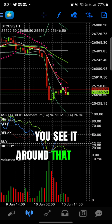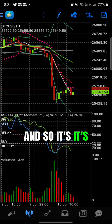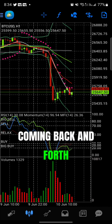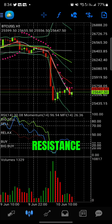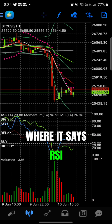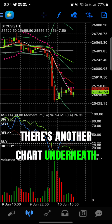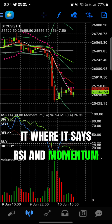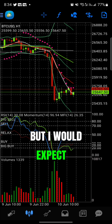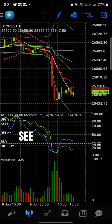You see it around that white line, which is my 9 EMA. And so it's consolidating right now. You see those grid lines, they're just coming back and forth. That's acting as a support and a resistance. And if you look below the first chart, there's another chart underneath it where it says RSI and momentum. We see now that it's in the big buy area, but I would expect it's going to consolidate going through that big buy to big sell area,